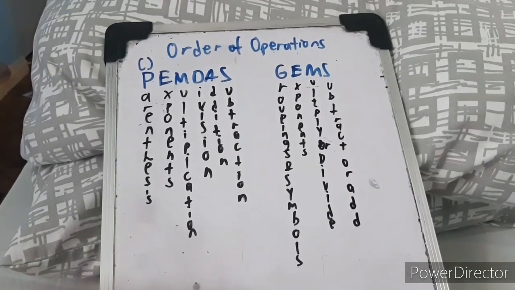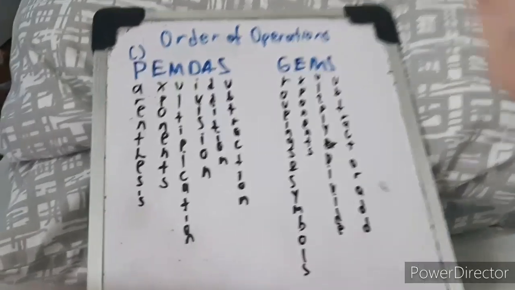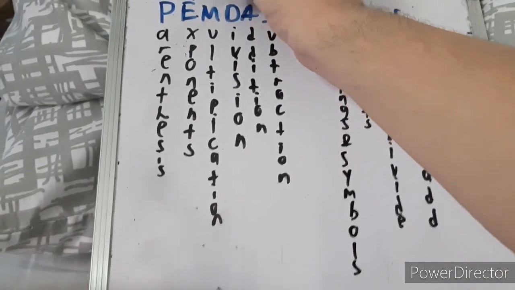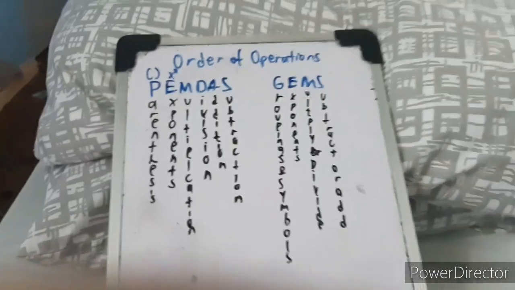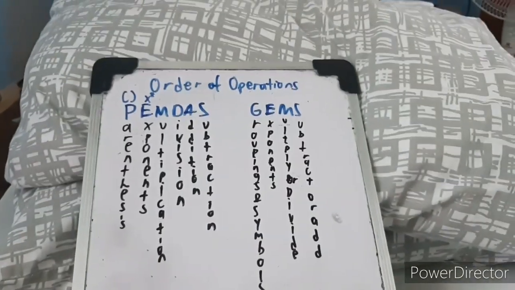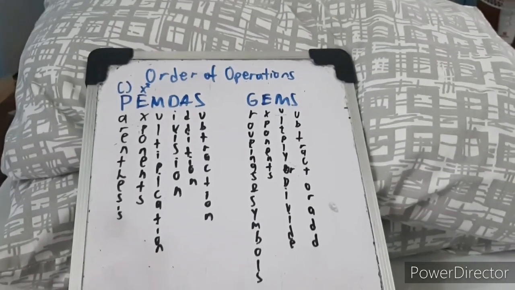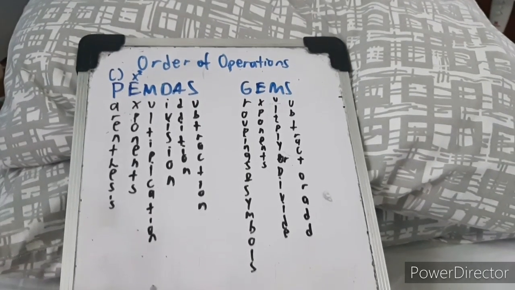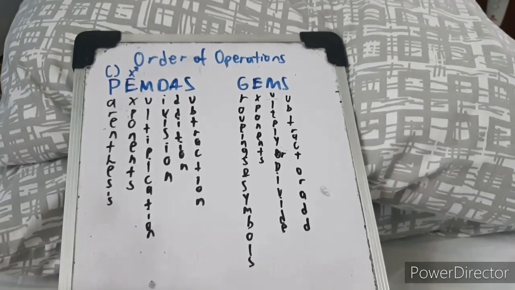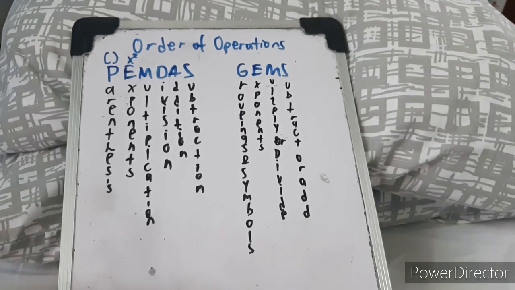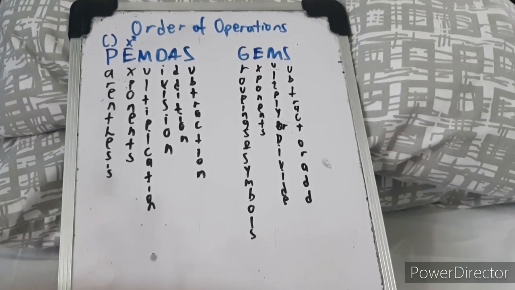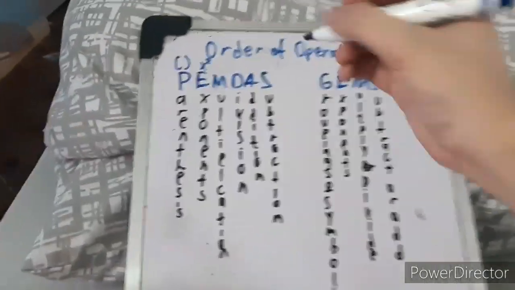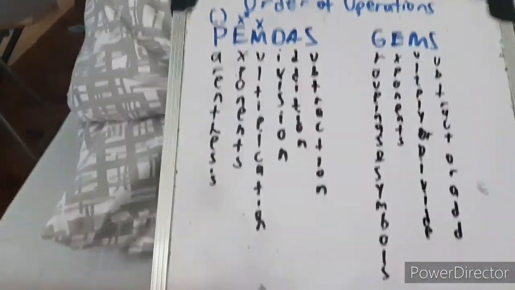Next one is exponents, which is, for example, x raised to square. Ito po pinagmumultiply by the number itself. Like, kunyari, 4 raised to 2 is equal to 16. Or 2 raised to 4 is equal to 16 also. Next is multiplication. Next is division,